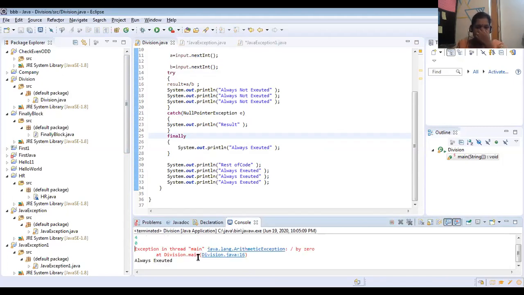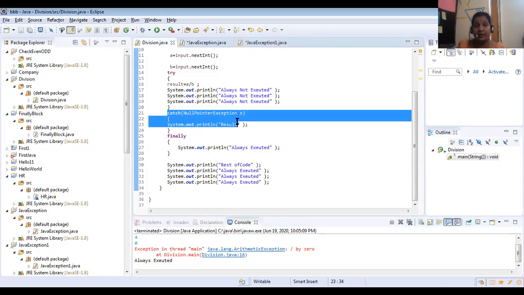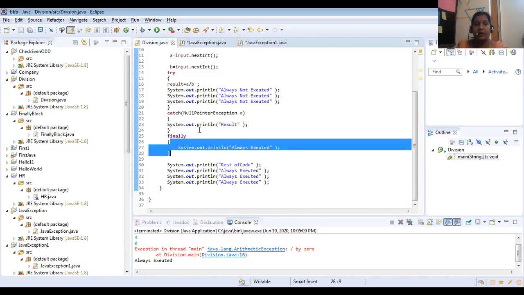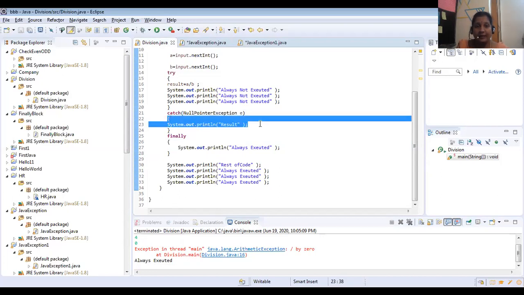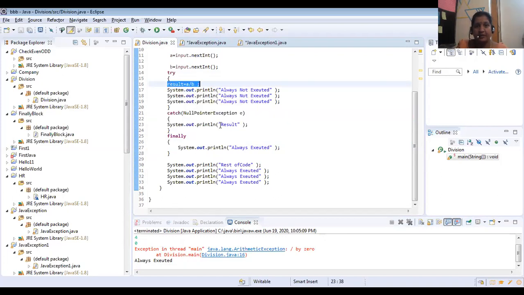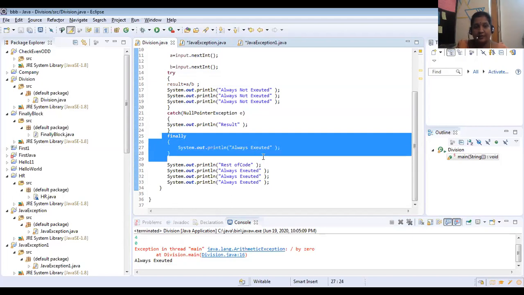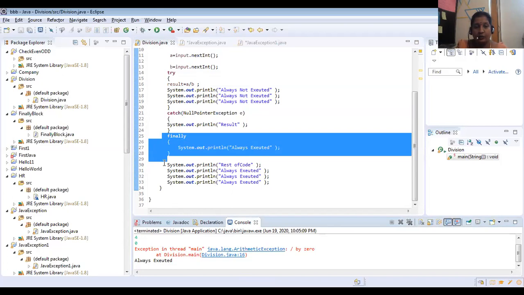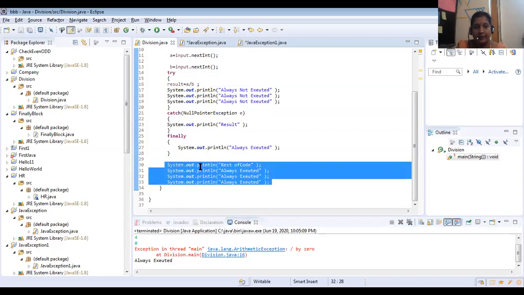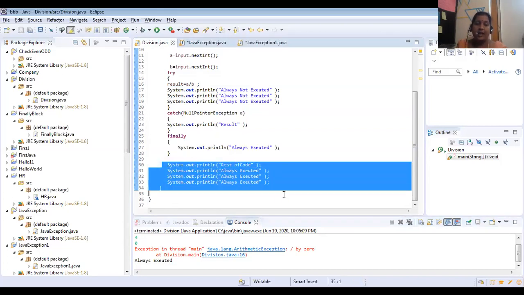You see, even though you have given a catch block and a finally block, the catch block didn't handle this exception properly, so for this statement it is showing the error. But the finally block executed always, so you got always executed, but your program terminated abnormally. After this nothing has been given. Clear, all of you?